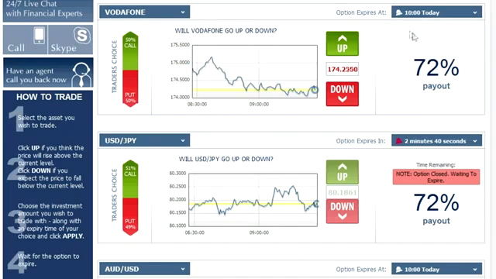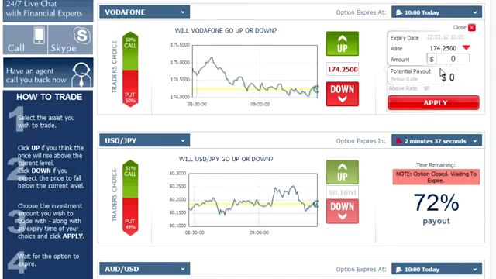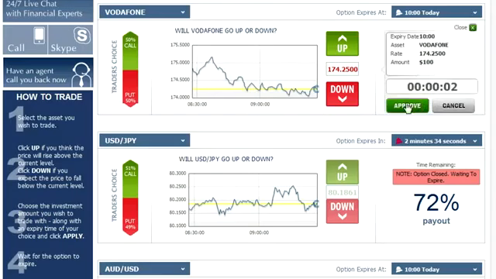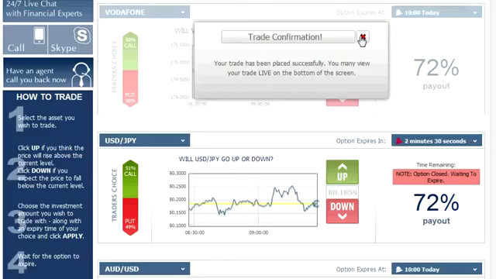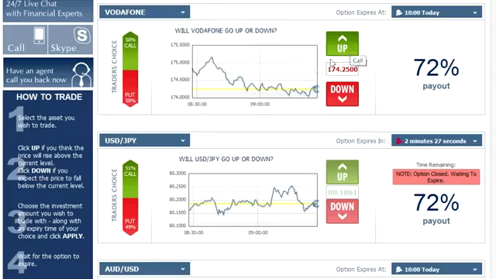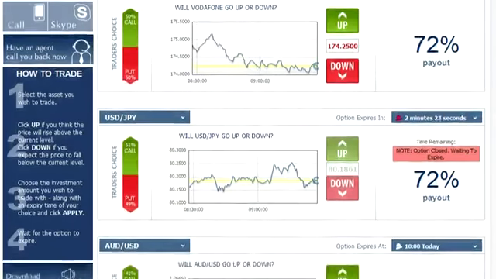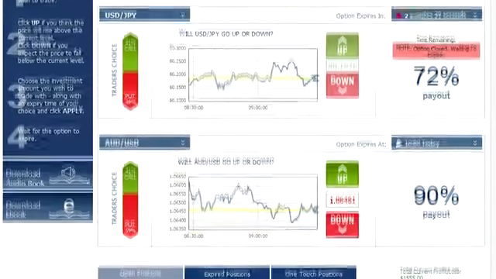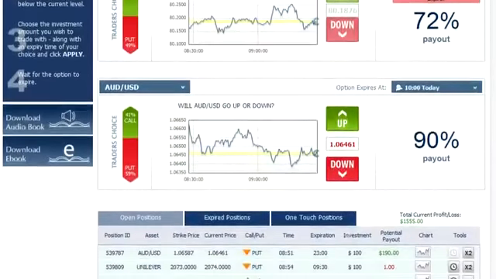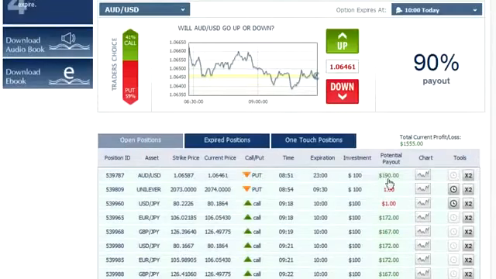We choose our hour. Since it's going down, we click down, enter $100 and apply. Approve the option and exit the confirmation. So by now I have currently opened 7 positions following the significant trends showed by the graphs. Right here we have all of the open positions, and we see here that the expiration hour of those options